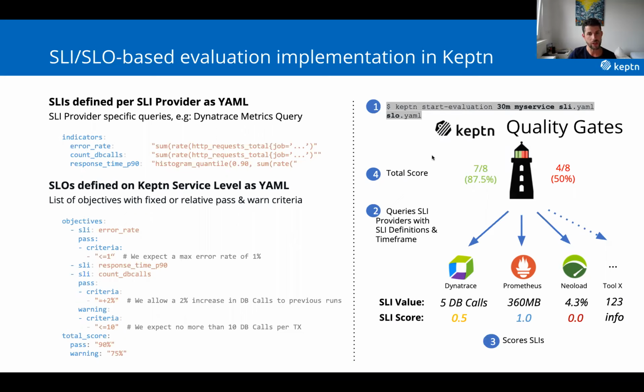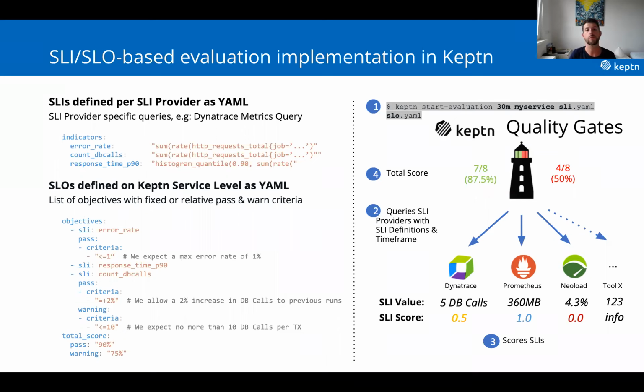And basically, you can do whatever you want with this. If you want to stop promoting this artifact into the next stage, like production or the pre-production phase, or if you just want to ignore the score. But actually, we should not ignore when we have this possibility to do this quality evaluation really, really easily, just based on those files. And remember, you can reuse the indicators file, and also for the response time, the error rate, and the